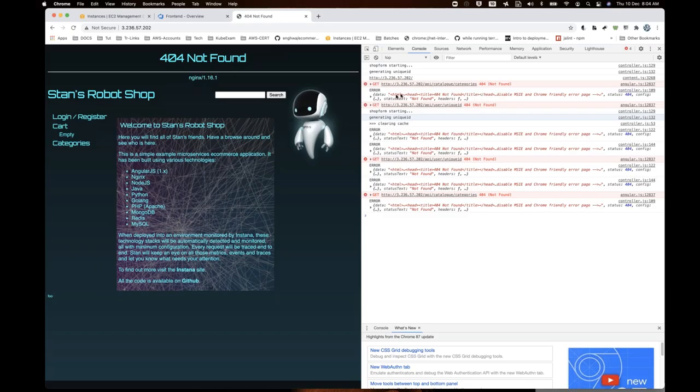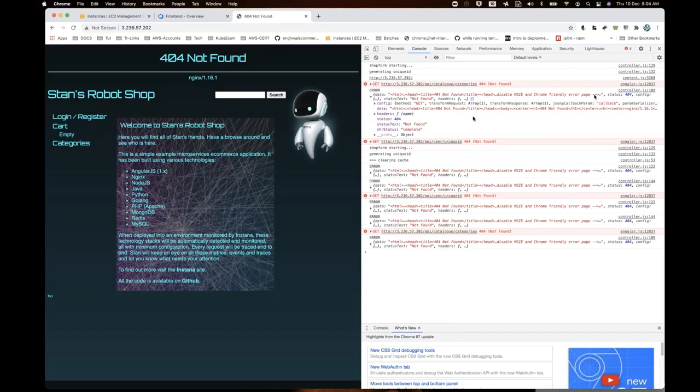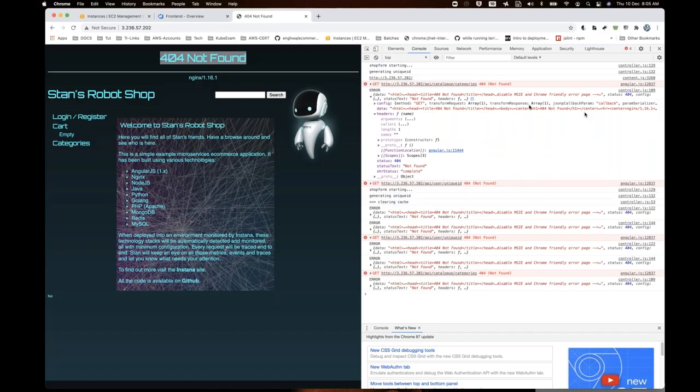So something, yeah, here there is some error. 404 not found, disable Chrome friendly page. So you're getting 404 not found because of, you see this? It's actually coming as a title, head, body, center. You're getting it in center, right? So something like that. Yeah, it's fine. And so why I'm getting this is